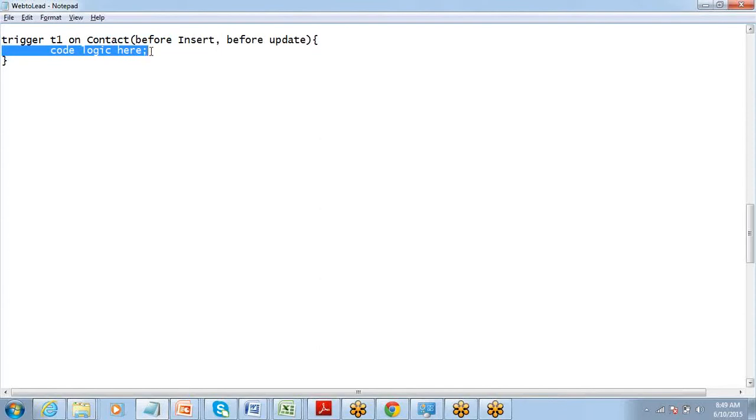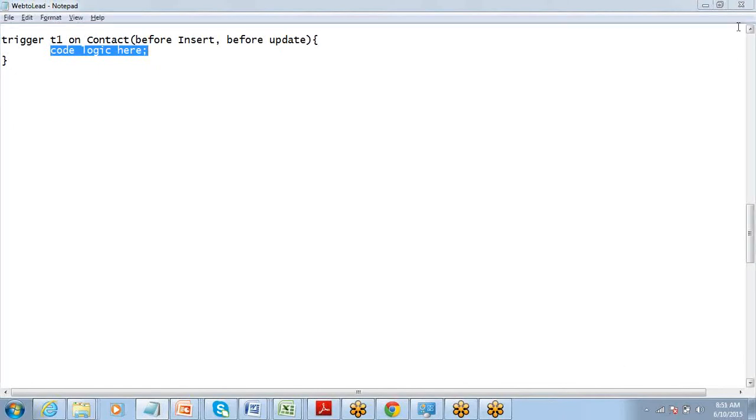Okay. So I'll just give you a small activity. From the triggers point of view, the syntax is almost there. I want you to formulate the logic. What logic should we write here? We will have 5 minutes for you to write this logic. Think of it, write it on your own. Let's see who can write the correct logic.